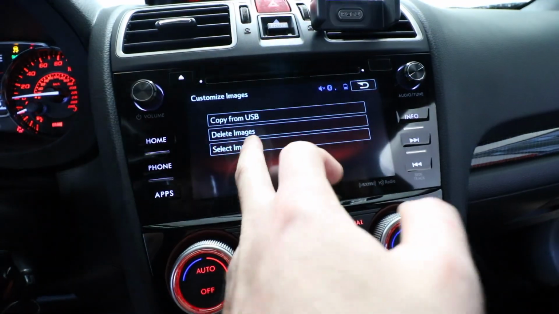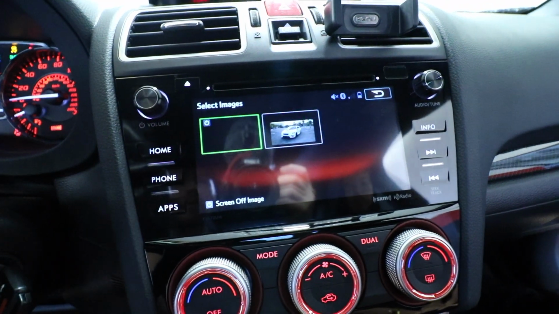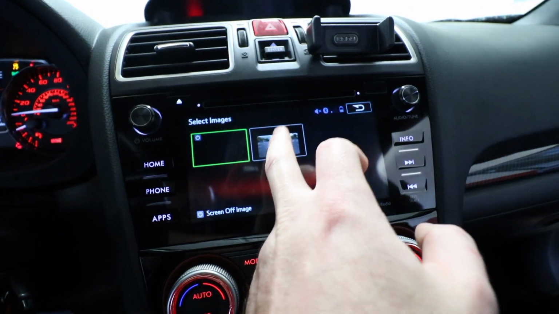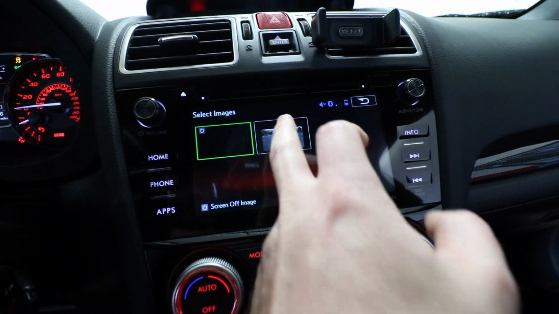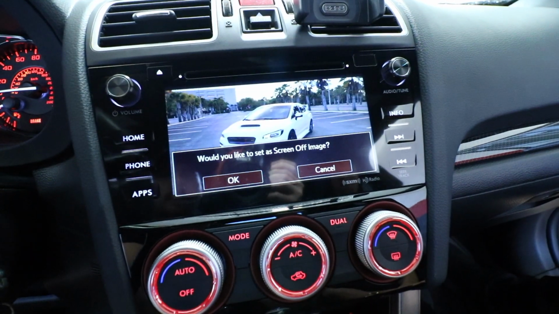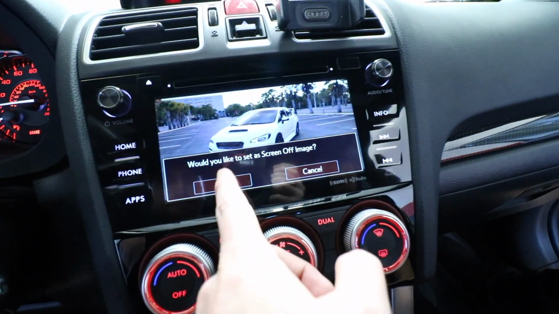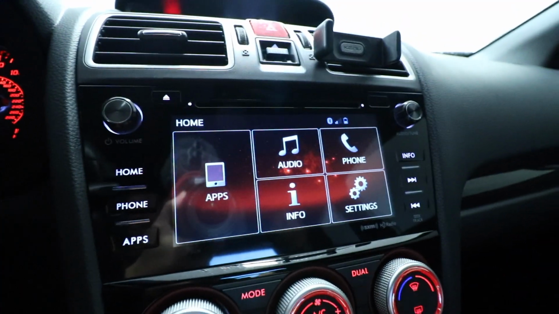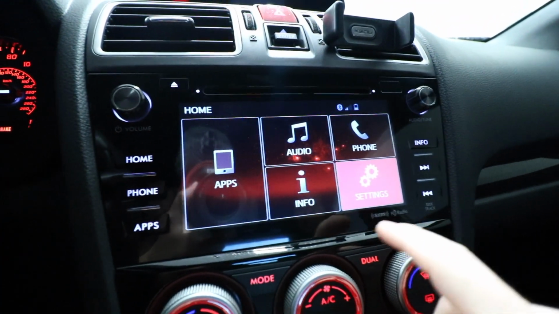and we're going to select the images, which is the one that I moved over, and it's this one. So that's, I guess, the current one that we have. This is the one I want to put back there. Would you like to set as screen off image? Yes, or okay. Alright guys, so now that it's all set up, you're going to go to settings and you're